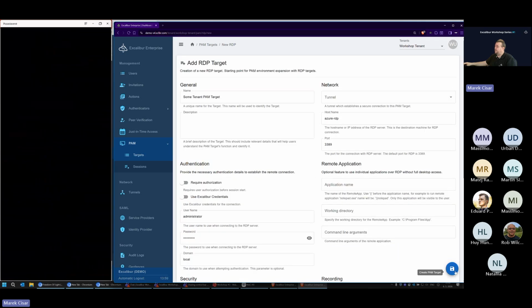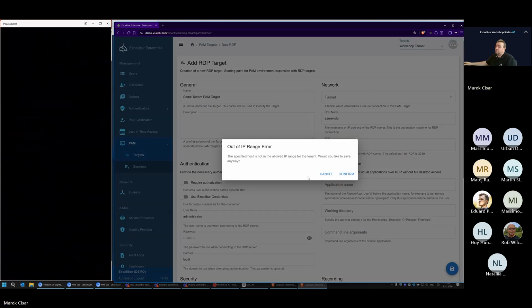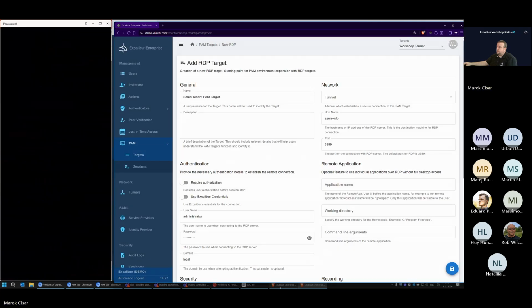All right. What will happen? Okay, I got a notification because the Excalibur SAM is telling me, no, dear administrator, this is not correct because this is not allowed by the system administrator. Your hostname is out of range. Okay, I will cancel.